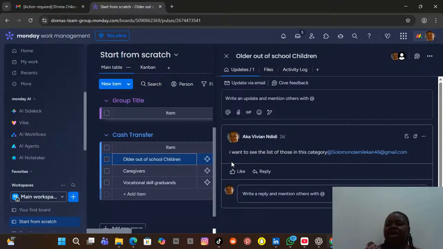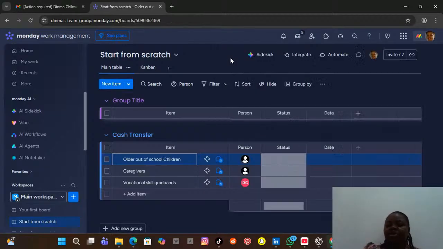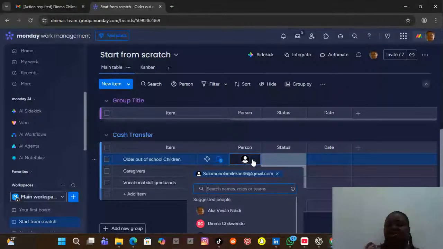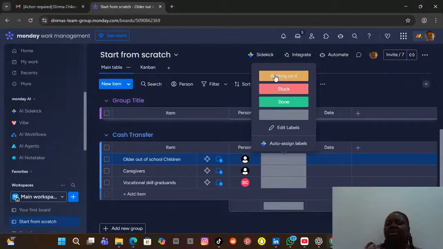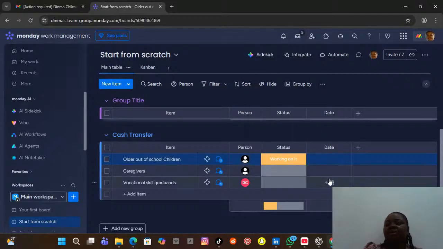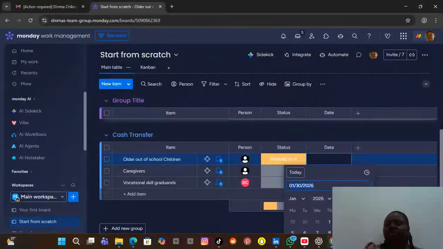The update says I want to see the list of those in this category. So I have mentioned the person I put in charge, which is Solomon. You see it? Now the status here, Solomon can just tell me he's working on it. Then the date now, maybe I choose 2nd